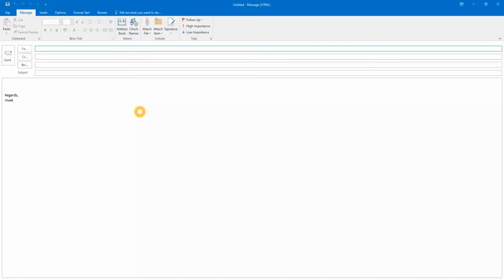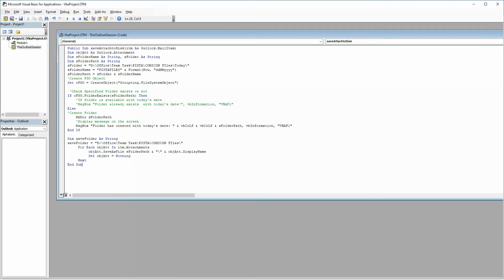First of all, we will be in the new mail, and as you can see, we will be pressing Alt plus F11. Here we will be coming to the particular script, but I know all these things are not very friendly to you. I will be dealing with this script later. First of all, I'll let you know what we are going to do. The first part is enabling a script, right? For that, I'll show you quickly.